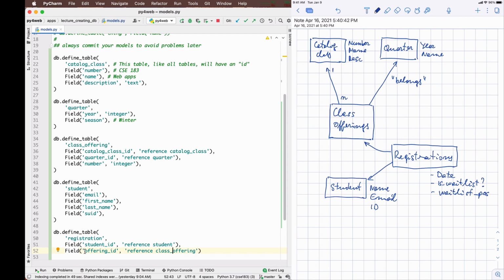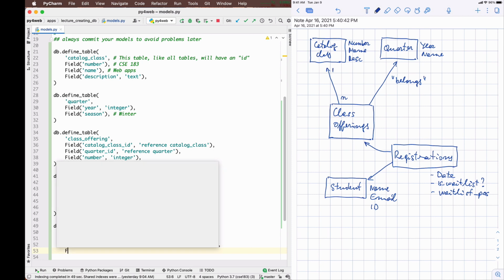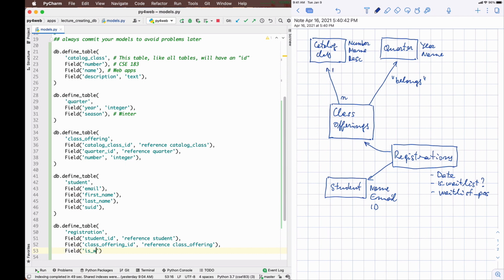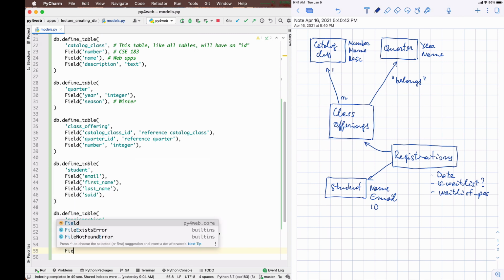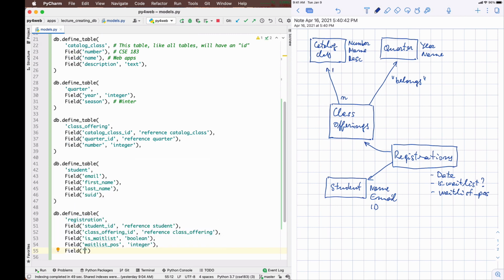Okay, so perhaps I should call this class offering ID if I want to be perfectly homogeneous in my names. And then it will be field is wait list, which can be a boolean, for instance. And then I can have field wait list position, which can be an integer. Okay, and I can have another field which is registration date, which is a date time, something like this.